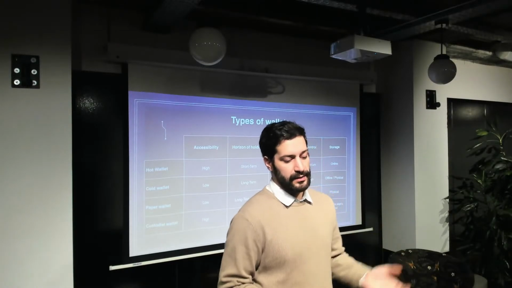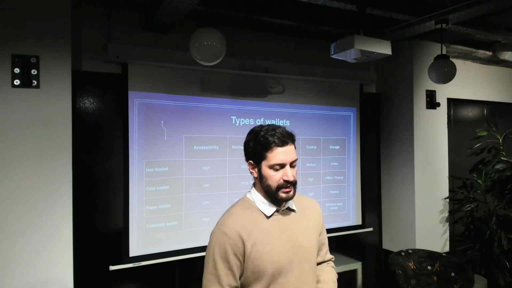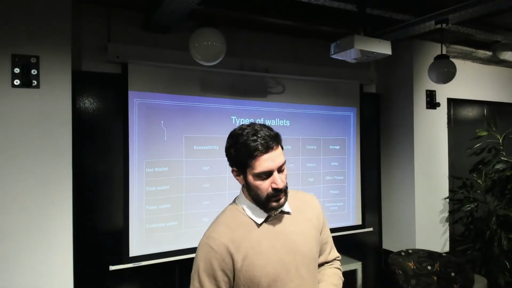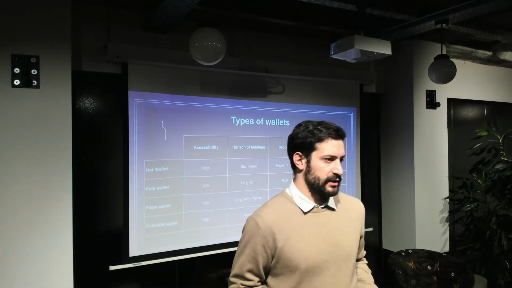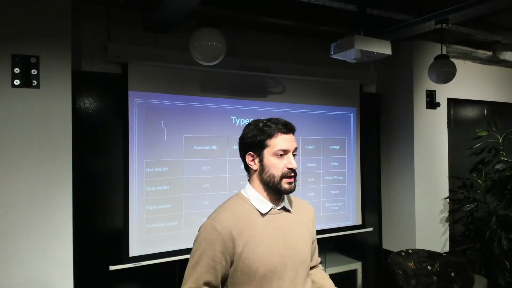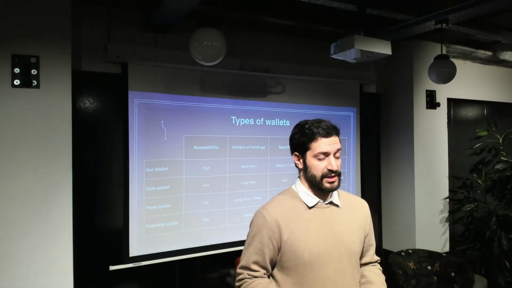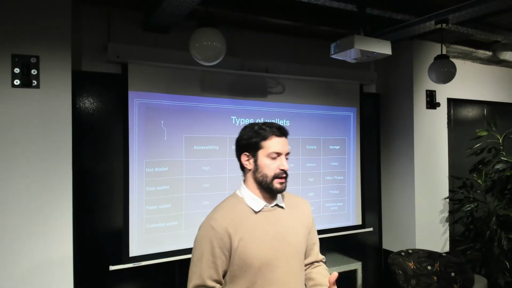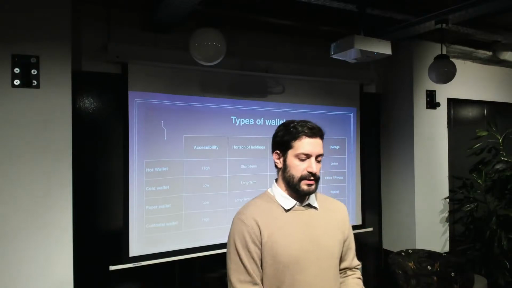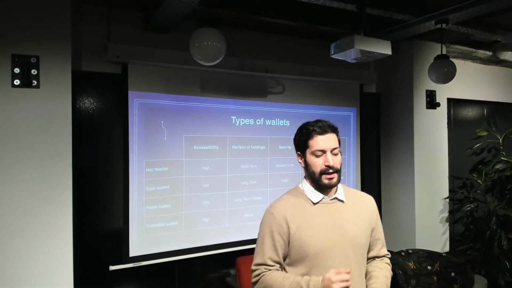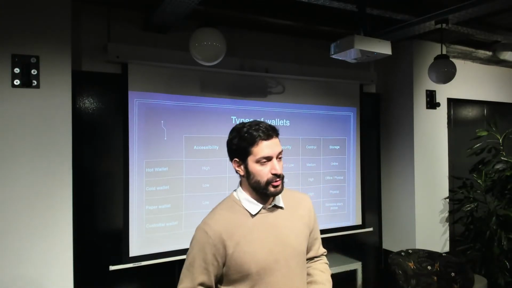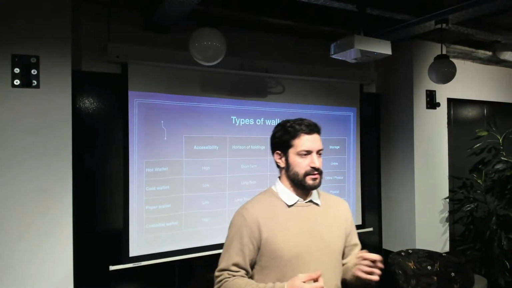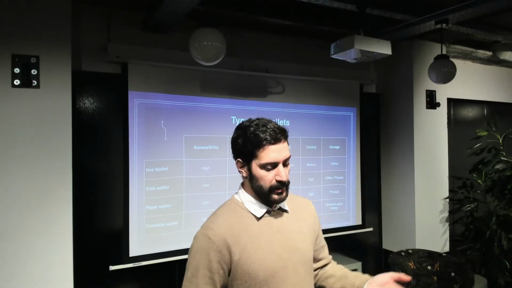The hot wallet has high accessibility, a short-term holding horizon, low security because it's connected to the internet, medium control because it's on the computer and we can access it every time, and the storage is online because it's in the browser. The cold wallet has low accessibility, long term, high security, high control because the key is offline and in a physical form. The paper wallet, almost the same,